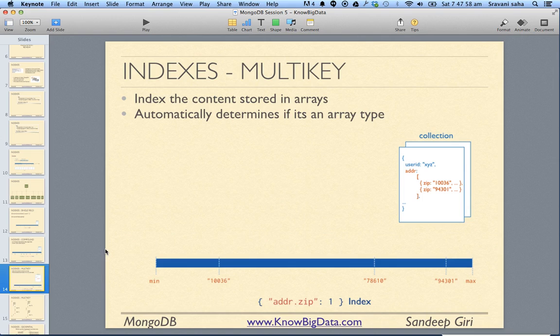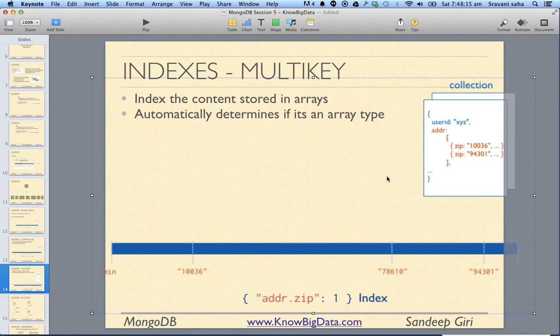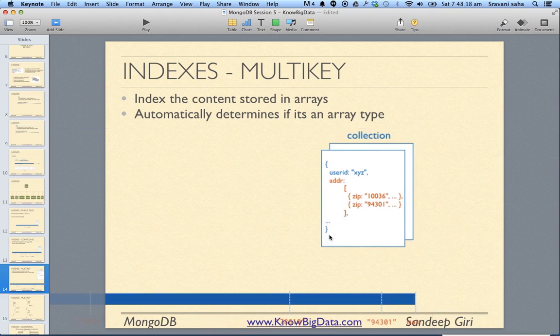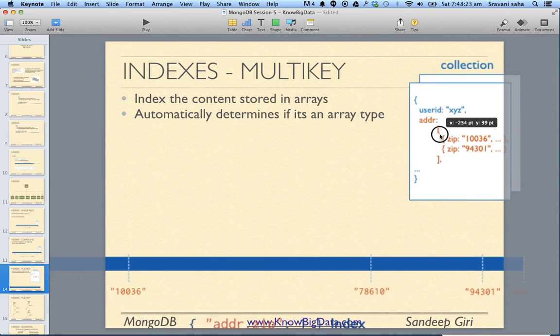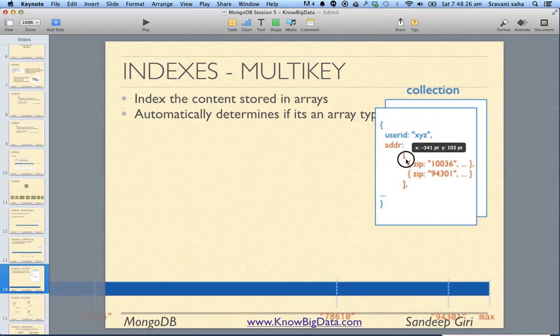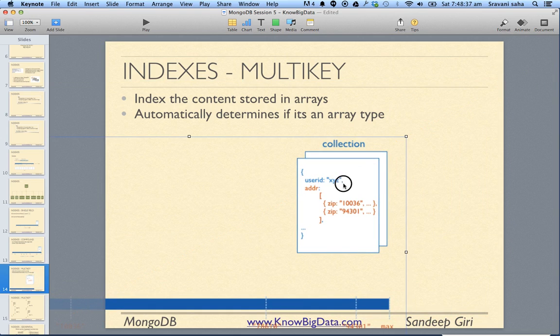and then comes something called multi-key. Okay, so multi-key is interesting. Say you have a field which has got sub-documents. As you can see, can you see in this example? So look at this. I have increased its size. So you look at this collection here. Here, what you can see is under address, we have an array of objects, and all of those objects have a zip code. Okay. So when we look for zip codes here,